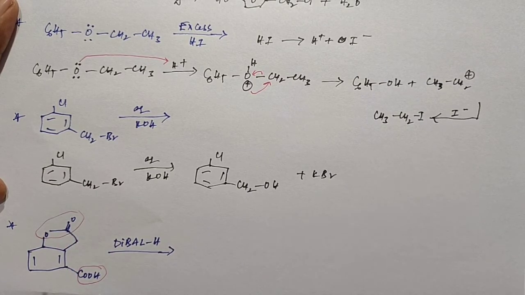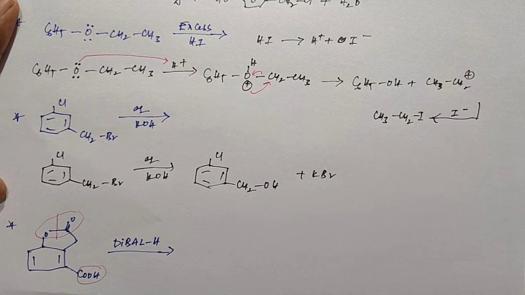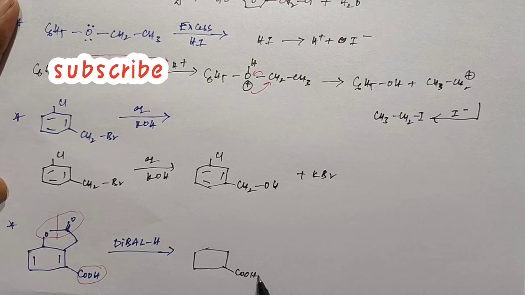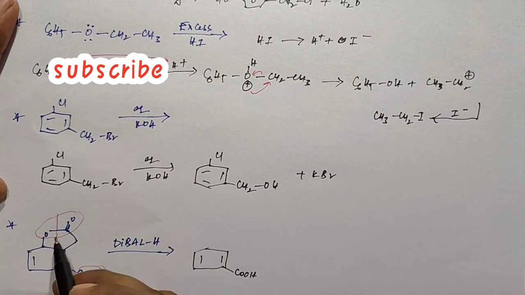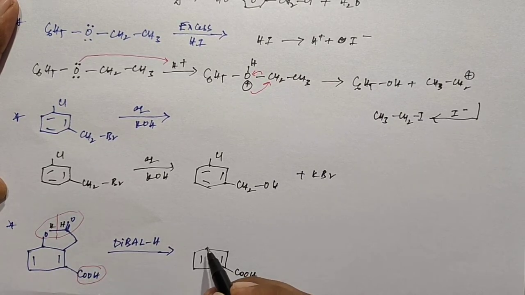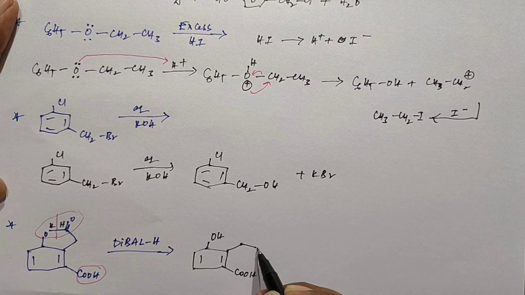When comparing the carboxylic group and the ester group, the ester group is more active than the carboxylic group. So then this bond can be broken. We get the alcohol and the aldehyde group. Here the bond is broken. Here one hydrogen and here one hydrogen are attached to each other. Then we get the product like this. So this is the final product.